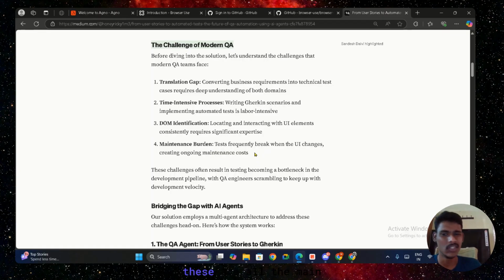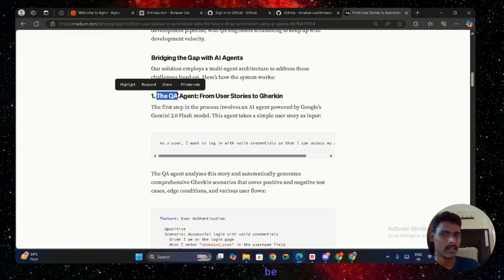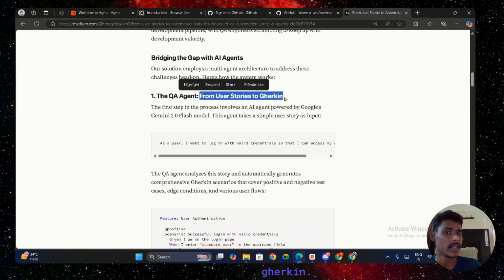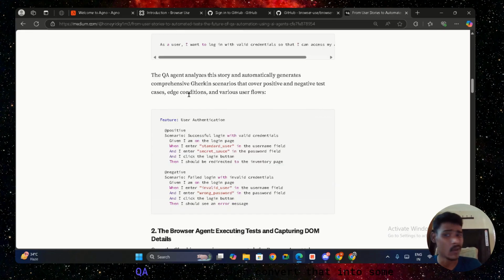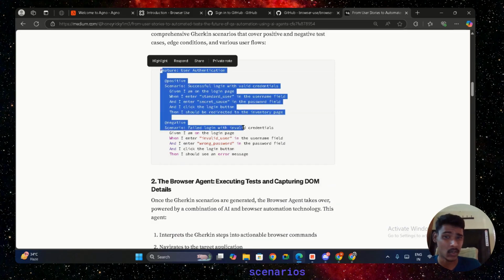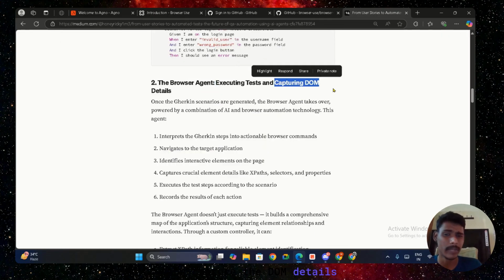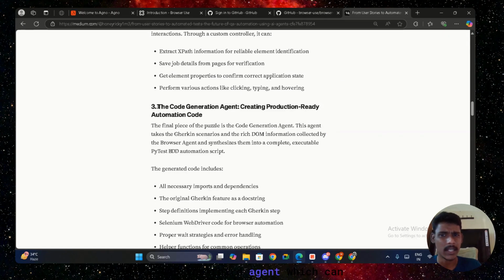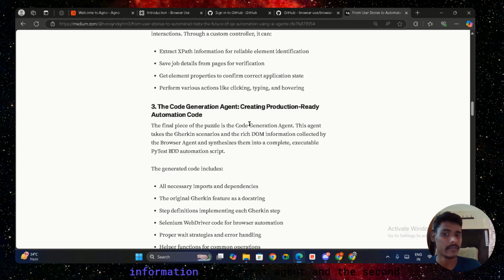But these are all the main gaps, and what we'll be covering today is creating a QA agent which can convert user stories to Gherkin. Let's say this is the simple user story: as a user, I just want to log in to my account with correct credentials. The QA agent will then convert that into some Gherkin scenarios, and then a browser agent can take these Gherkin scenarios, execute them in a browser and capture the DOM details. And the third agent can create production ready automation code by taking the information from the first agent and